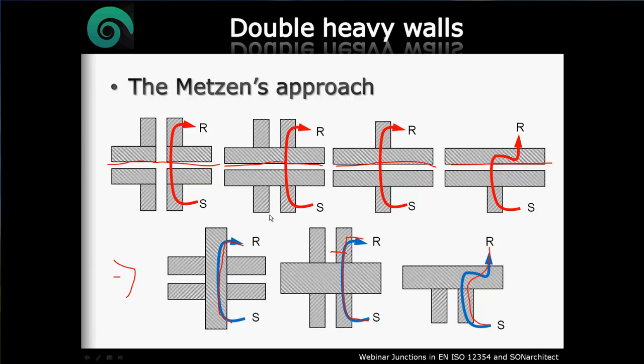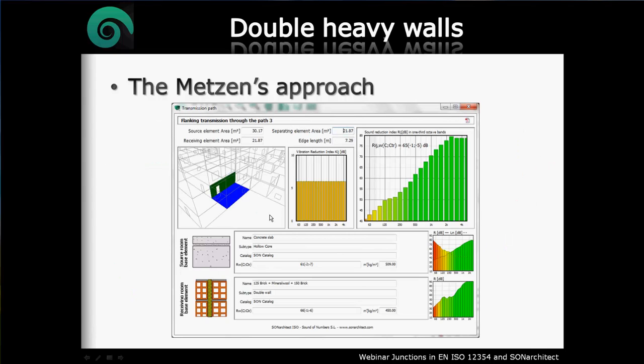But fortunately, all these things are taken into account automatically by SONarchitect. For instance, here we have a case where we connect a slab to a double wall. So the source element is the slab, this one in blue, and it goes up to the wall, which is a double-headed wall. And in this case, you will see that we don't have the influence of the delta R